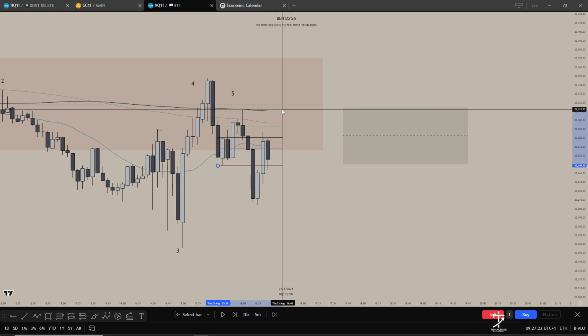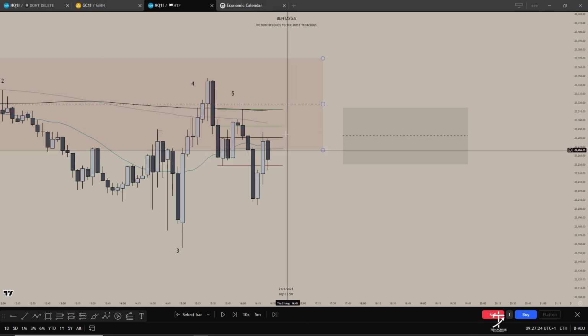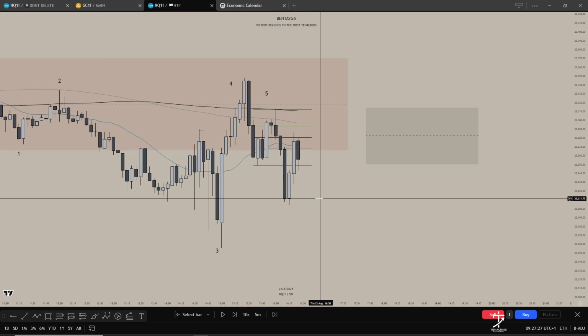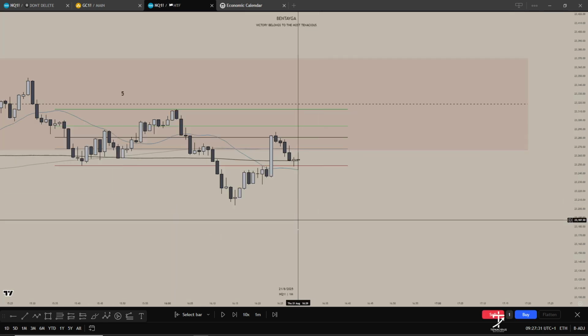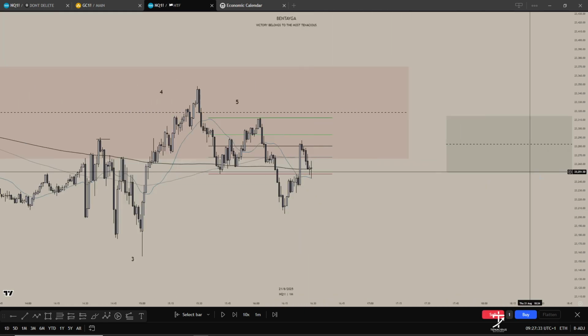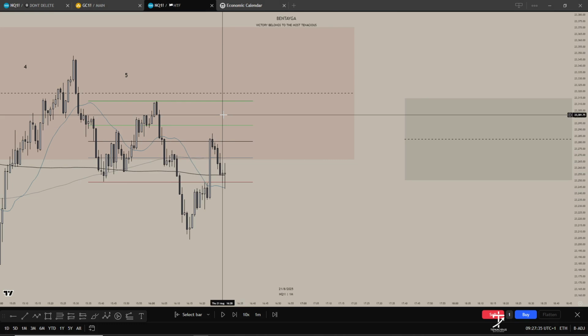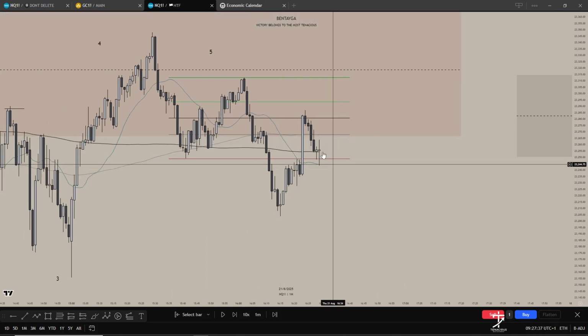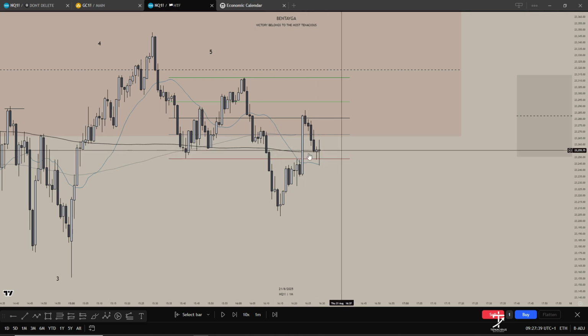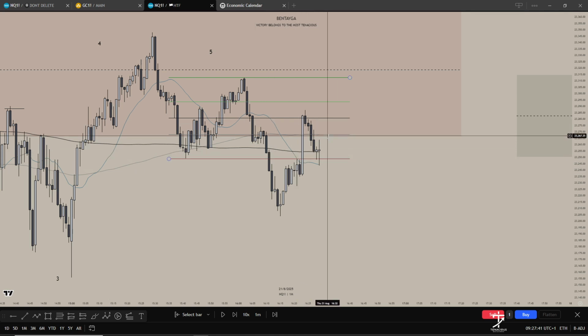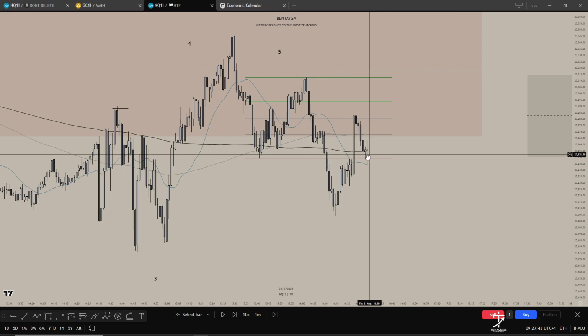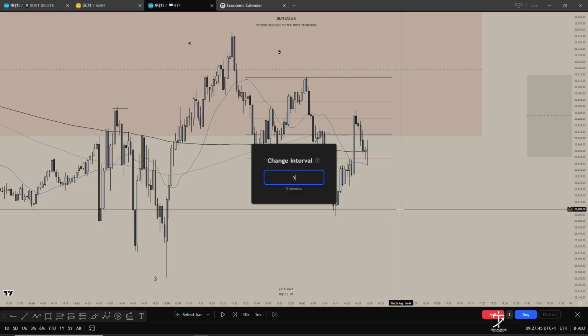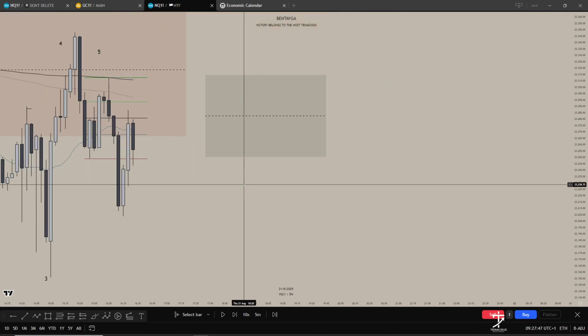So now it's up to you to figure out if you're going to take a trade from here, or you're just going to remember I am on the 5 minute chart. So if I go to my 1 minute, we can see that it's an area of supply. I mean, it's a zone, but within this zone, price is above the SMA. So now, do you get yourself tagged in, or are you just going to wait? So depending on you,